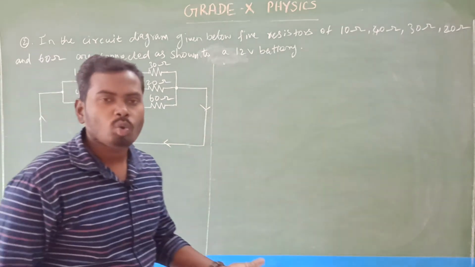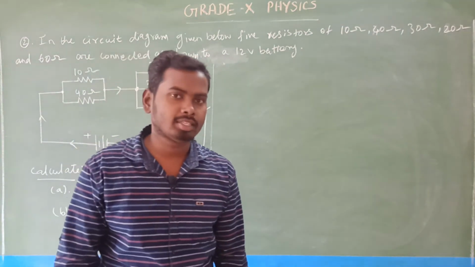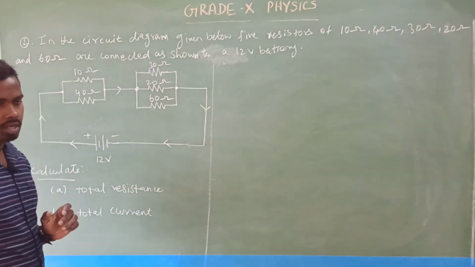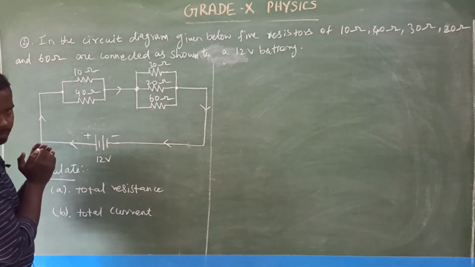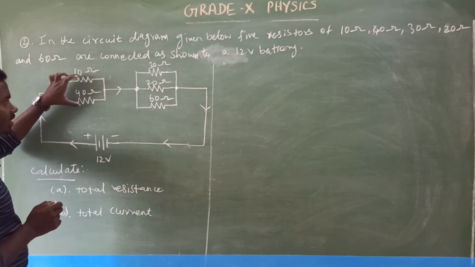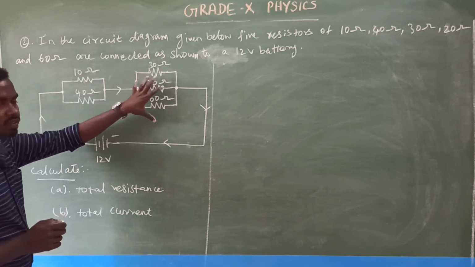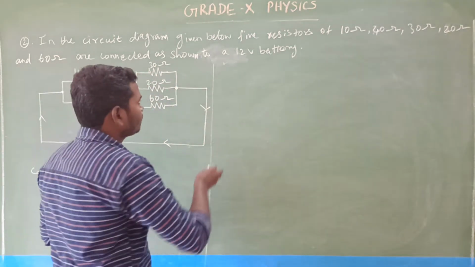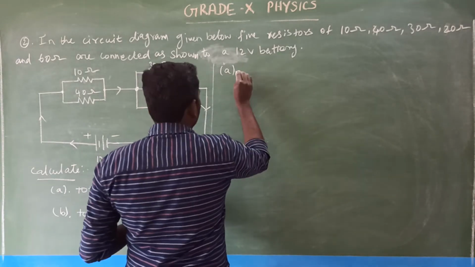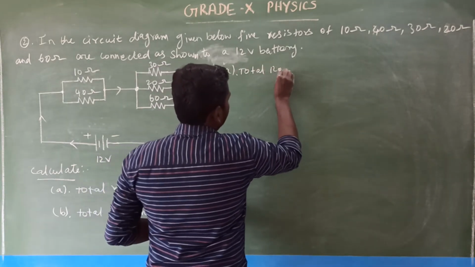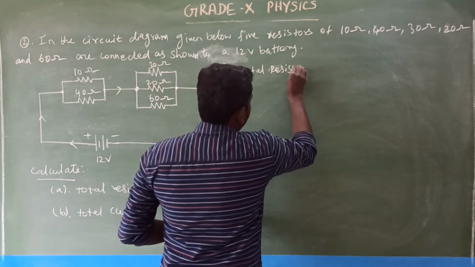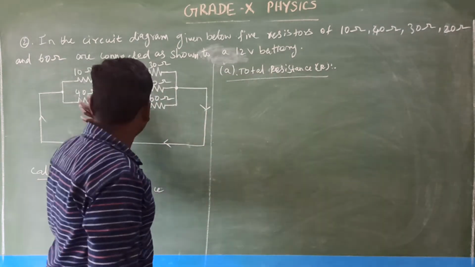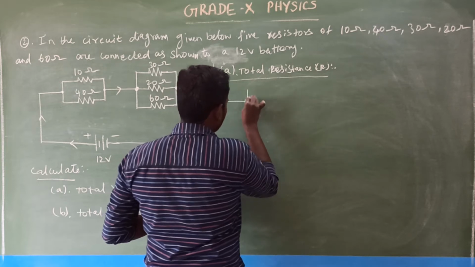So how can we calculate the total resistance in parallel combinations, sir? That is the question. Is it clear, students? Yes. First you take this part only. First you take the 2 resistors connected in parallel. This combination only. You leave that one. After some time we will see that. First you take this one. I will draw the diagram. First we are going to calculate the total resistance, R value, isn't it? So first you take this two-resistor combination.